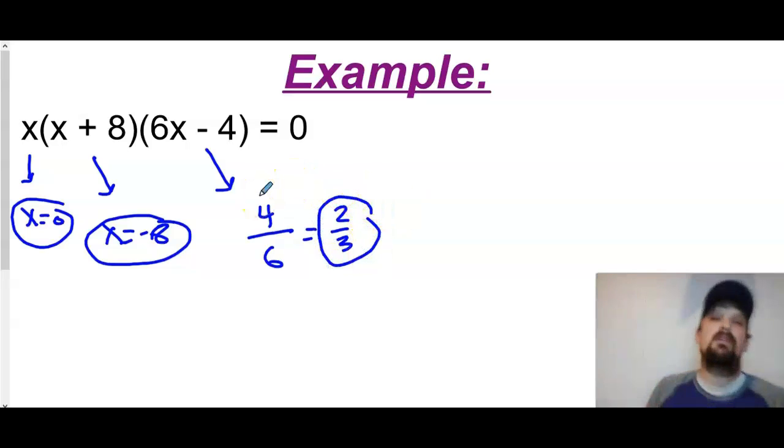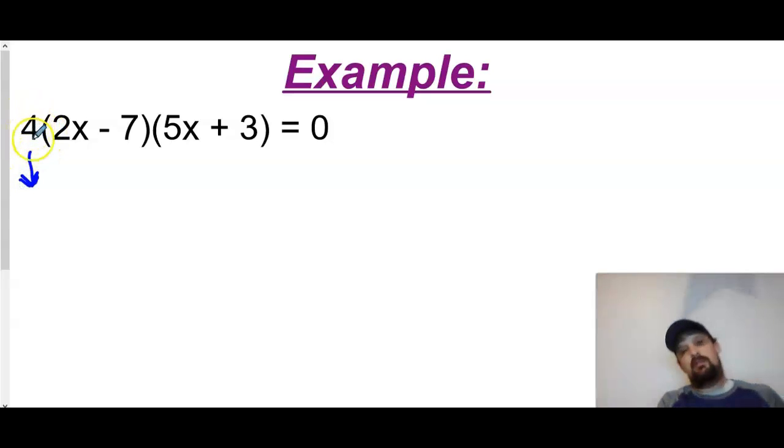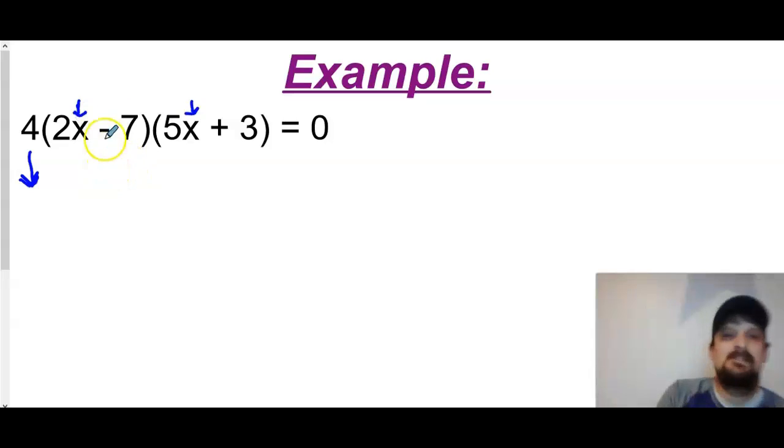Okay, so pretty straightforward. Let's do this last one. Okay, this 4. There's a 4 out here. However, there's not a variable for an x, so I can't turn this 4 into a 0. So I'm actually just going to leave it alone, and I'm only going to get the 2 answers from here and from here. Okay, so I would set this equal to 0,